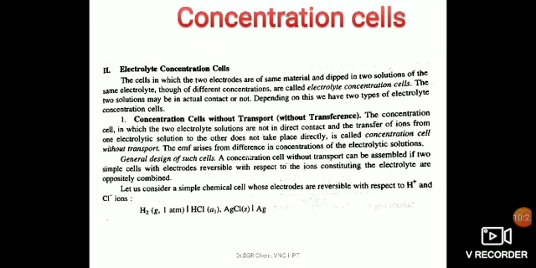So, we can write down the expression for the EMF of this simple cell by using our Nernst equation. E1 equals E0 minus 2.303 RT by F into log of activity of HCl times activity of Ag solid divided by activity of hydrogen raised to power half times activity of AgCl. The quantity in the bracket represents the equilibrium constant because the reaction is at equilibrium. So, it is the ratio of the product of concentrations of the products to the product of concentrations of the reactants.